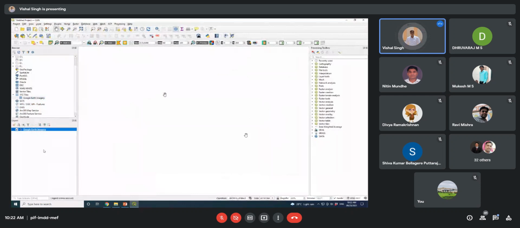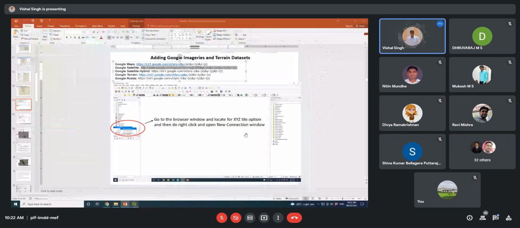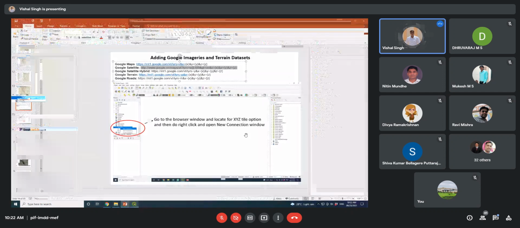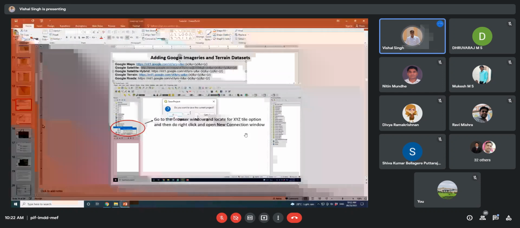So it is not displaying. I need to just close this, discard. I will do the discard.